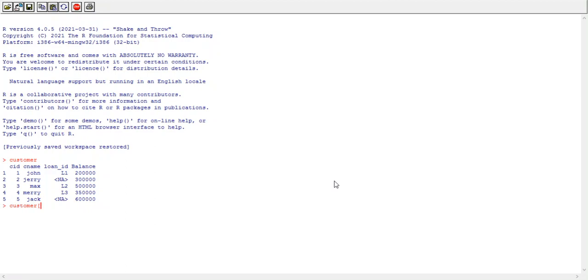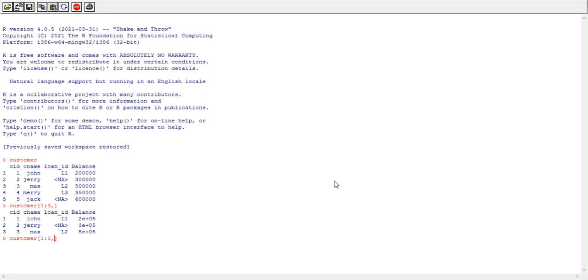For example, if I want to select the first 3 rows from the customer data frame, I can simply write 1:3. The first index position is for the row index. After that I want to select all the columns, so I am not specifying a column index, and it will give me the first 3 rows from the customer data frame.